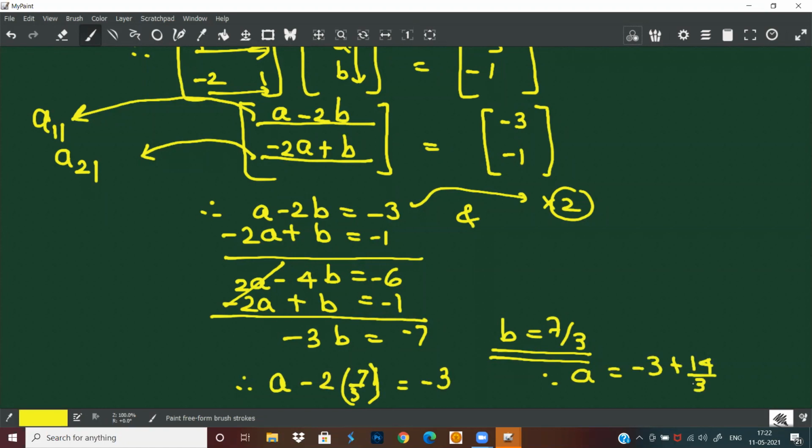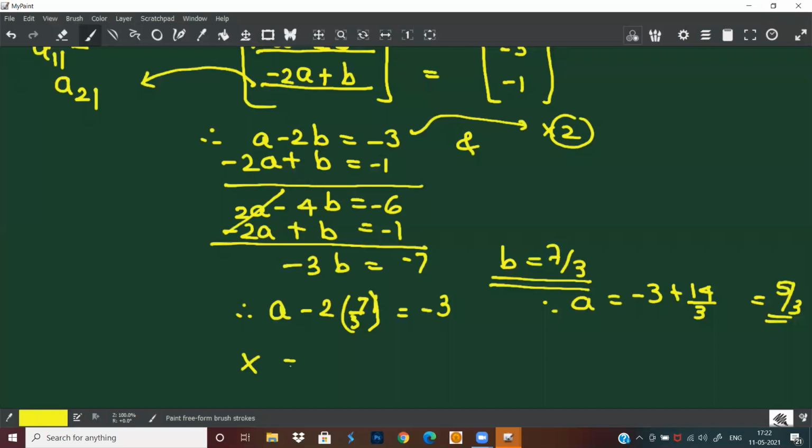Got it? Everybody followed? 5/3 आ गया। तो मेरा x आ गया।